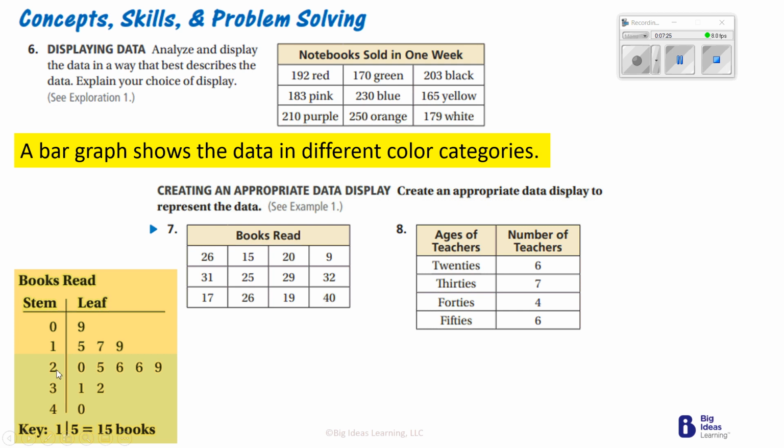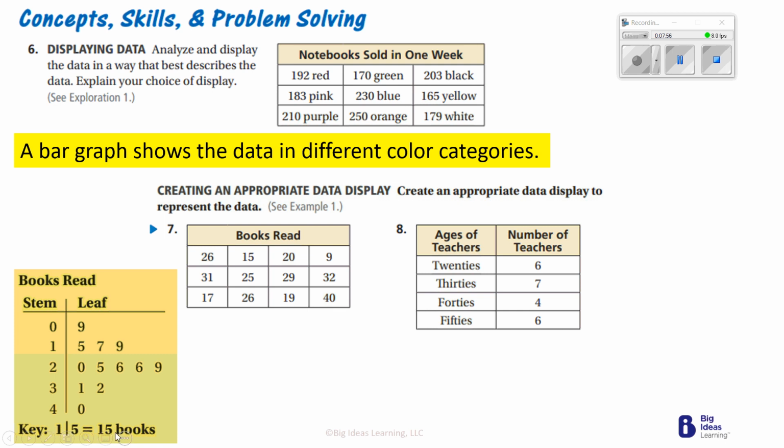When I have number 2, that means it starts with 2, so it'll be 20, which we find right here. 25, which would be right here. 26 twice, which is here, and we also see it here. And then 29, which we find right here. And then we have numbers that start with 3, so 31 and 32. We can see 31 here and 32 over here. And the last one, 4 and 0, which is 40. All right, so the key